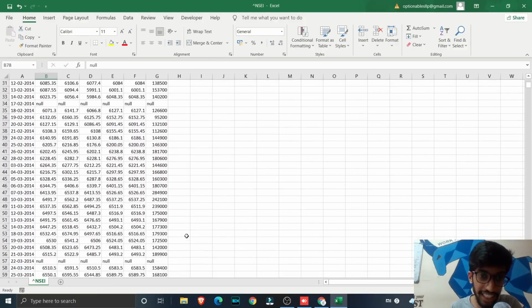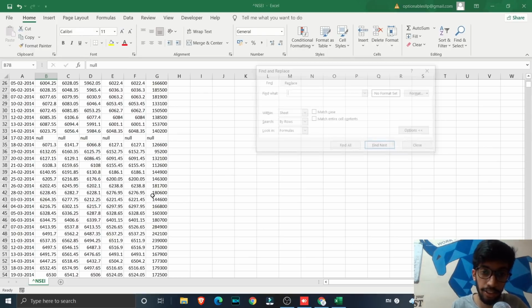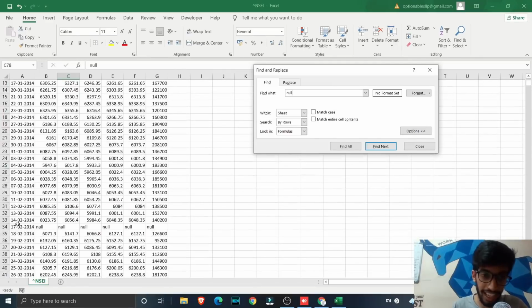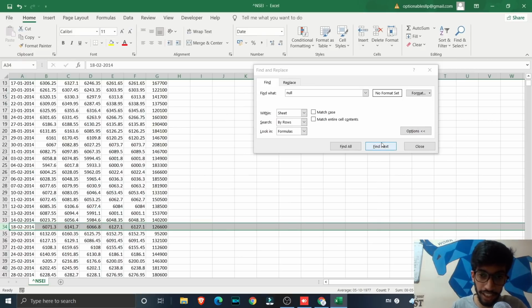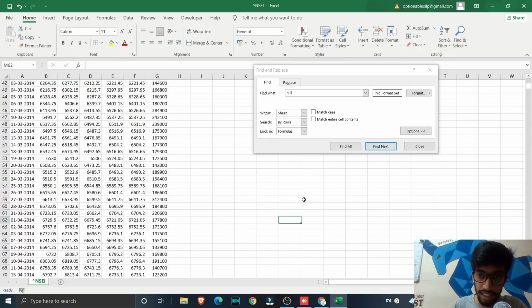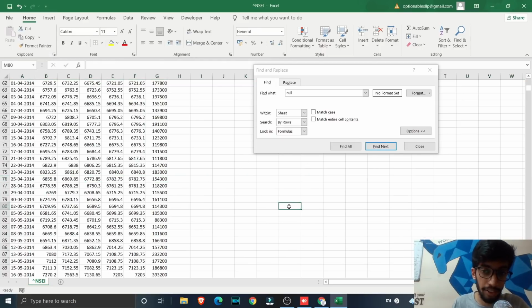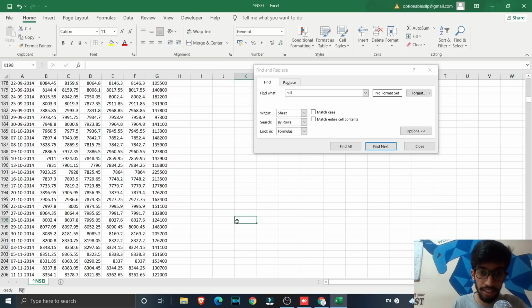We know that between the data there is something called null. We are going to find that quickly by pressing Ctrl F and finding null. Wherever you find null, we are just going to delete this column. Next, again click on find next, then delete this, find next again, delete this. This way you can end up cleaning the data. I am just going to fast forward this part where I delete all the null parts, and we are going to get completely clean data. I'll do that quickly, and I'll be continuing with the video.